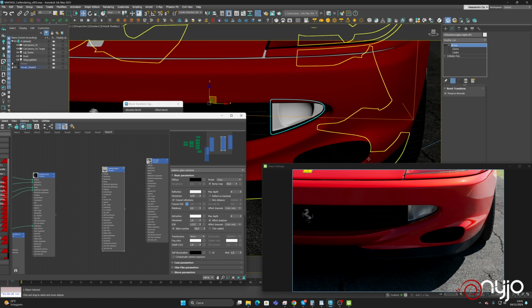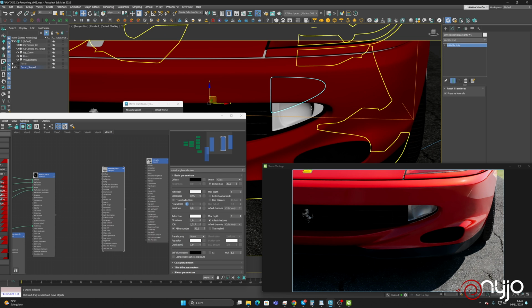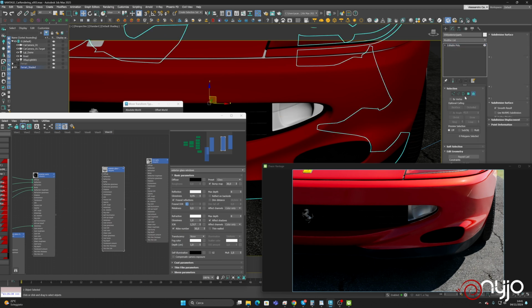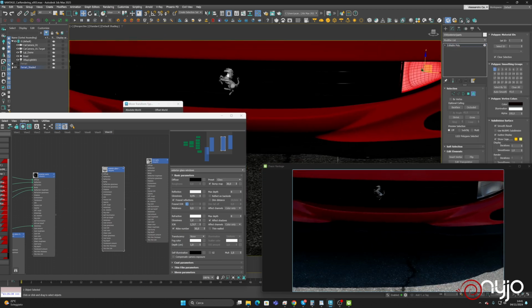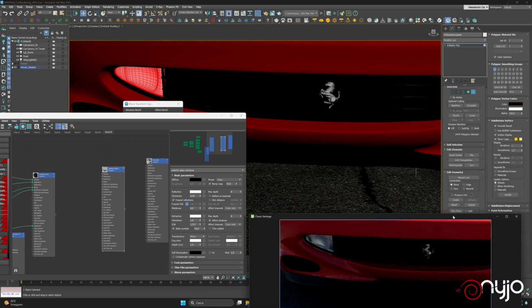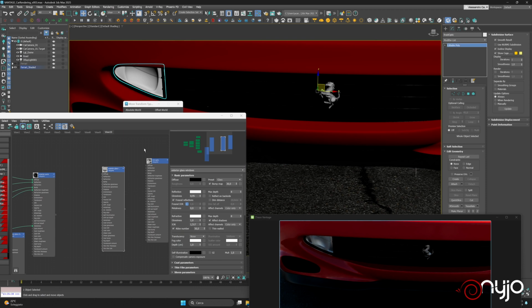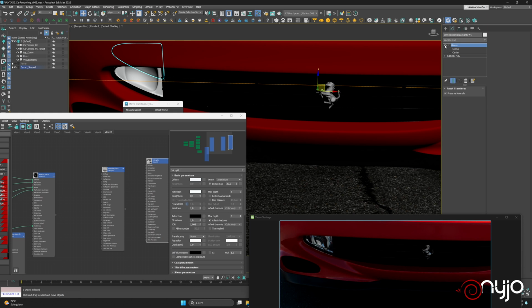Let's say that this one is the glass, and this one is again the parts. So let's say that we split this piece, the touch, let's say front optics, and close, and then back select this one, and we go to assign the right material, and then let's set